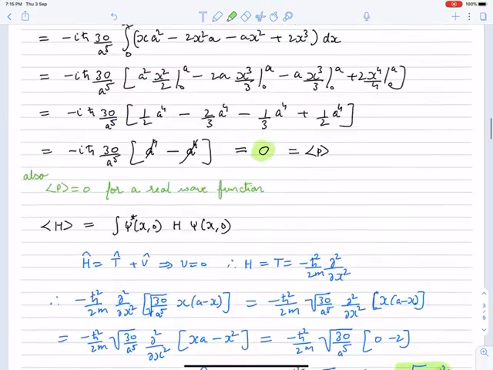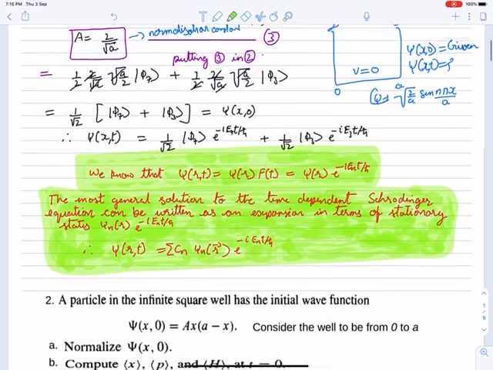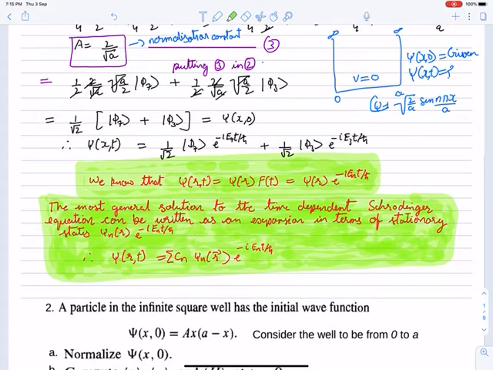So now, this is the solution. That's why I have calculated psi x, t with the help of this formula, psi r comma t is the summation of Cn phi n r e raised to minus i En t by h cut. It is very easy. First, when you have to calculate psi x, t in this type of question, with the solution of the time dependent Schrodinger equation, first calculate psi x comma 0. Once you have calculated psi x comma 0, you can apply the formula, and you only have to multiply it with e raised to minus i En t by h cut.